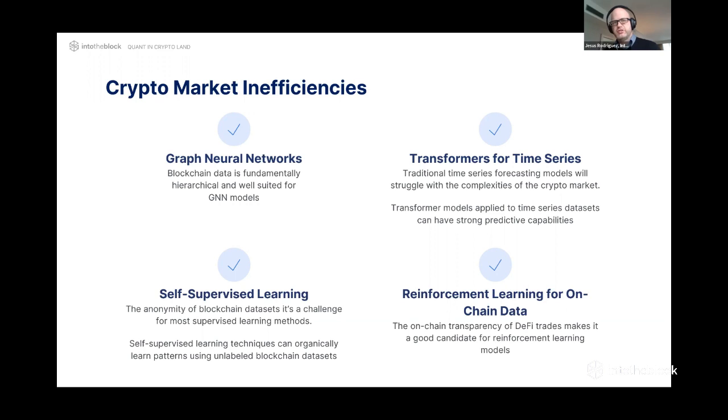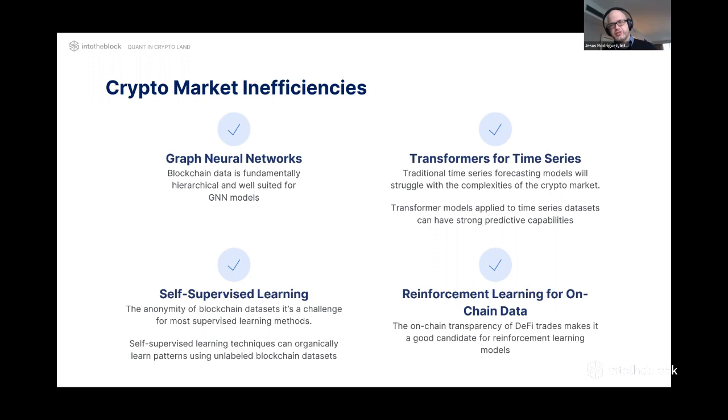Another one that we're excited about is this idea of applying transformers to time series data sets. There was a question about time series at the beginning. Transformers are sort of the most revolutionary thing that has happened in deep learning in the last decade. They are the models behind Google BERT, GPT-3, and things like that, which are making massive breakthroughs in areas like natural language.